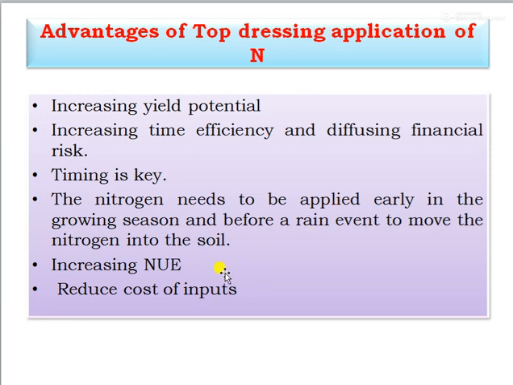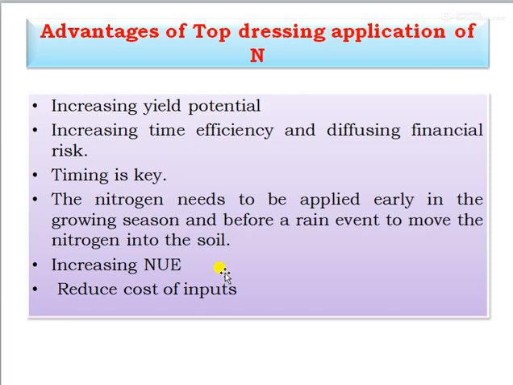And then next, increasing nutrient use efficiency: the amount of nitrogen input, that is in kg, that should be applied, is divided by the total quantity of yield actually obtained, in kg, that is taken up by the plant. For example, 1 kg of nitrogen is applied to get 1 kg of grain or seed.